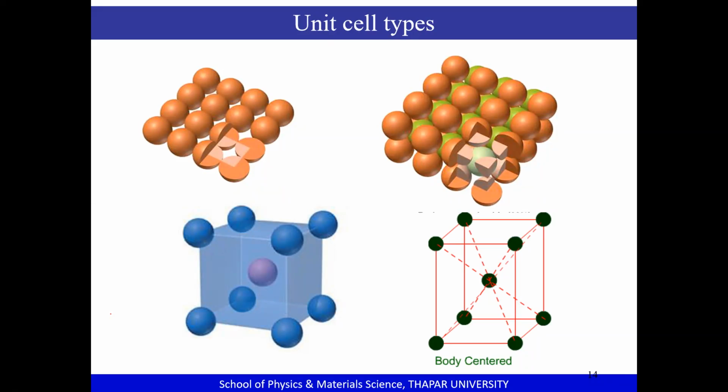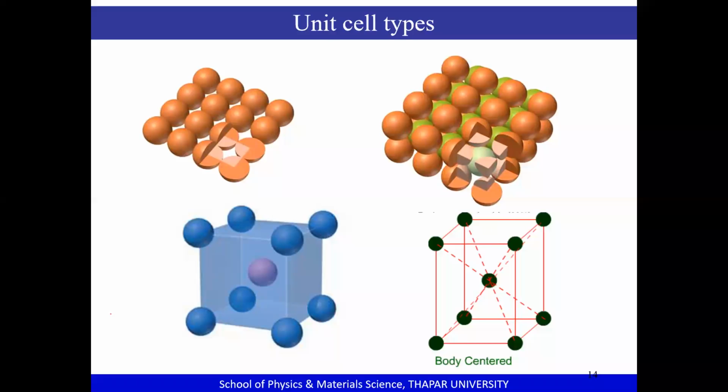One of the possibilities where an atom can occupy an empty space within the unit cell is its center. So if you have a unit cell where atoms occupy the corners of the unit cell as well as the center of the unit cell, that kind of unit cell is referred to as the body-centered unit cell. Why the name body-centered? Because you have an extra lattice atom which is sitting at the center of the body of the unit cell.